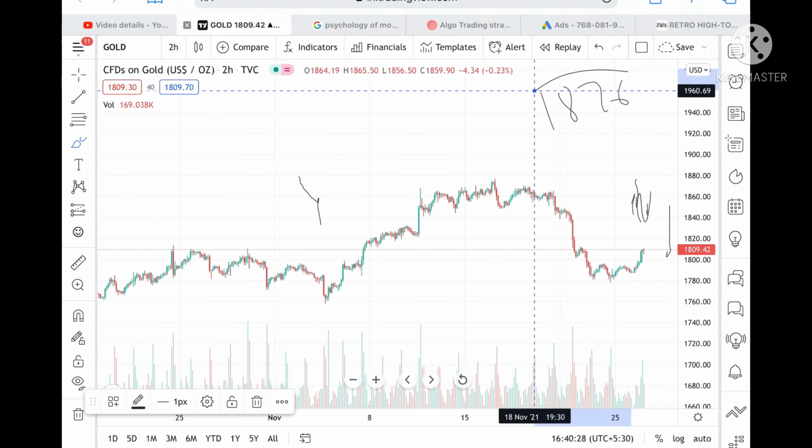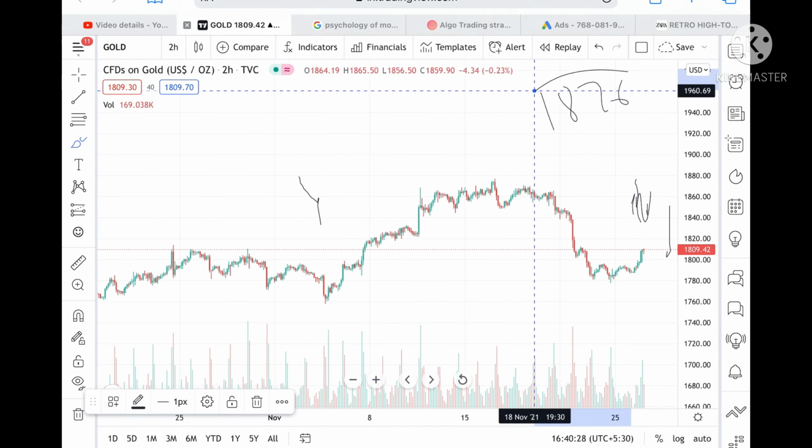If we look at the price since August, the high we have seen has come after a point of June. Okay, so once price comes close to around 1875, then we can see it can go further upside to a level of 1889 also, and can go further upside. But suppose if the price